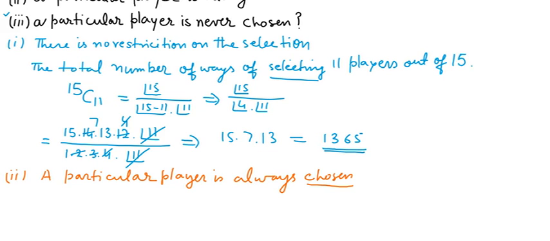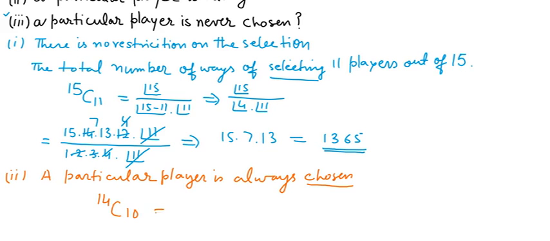We have to choose only 10 players out of 15. No, out of 14. One player is already selected. So number of ways will equal to